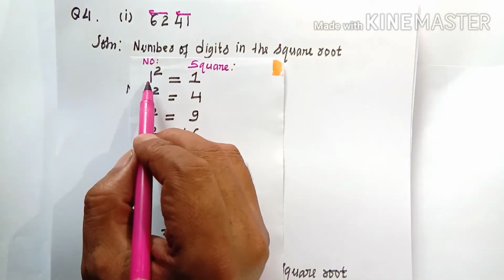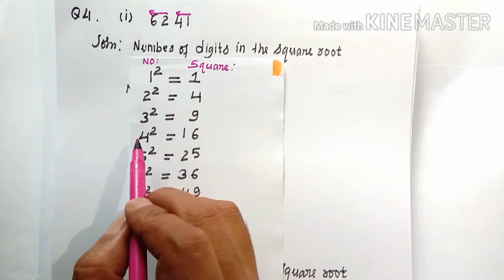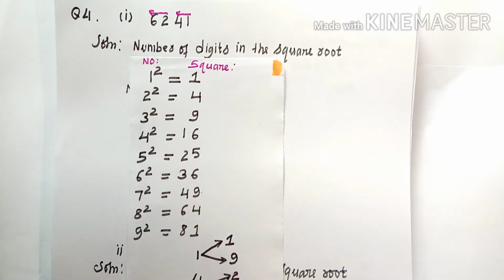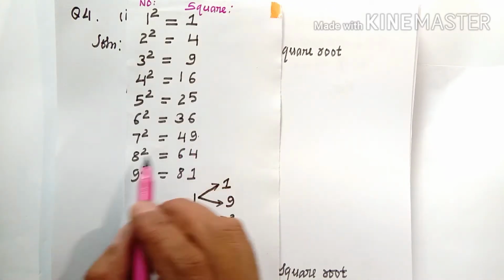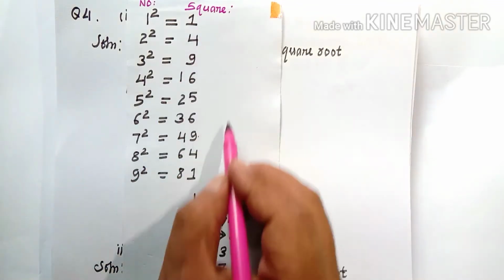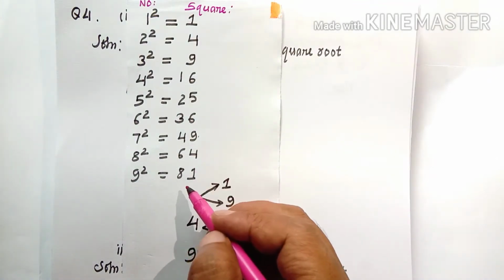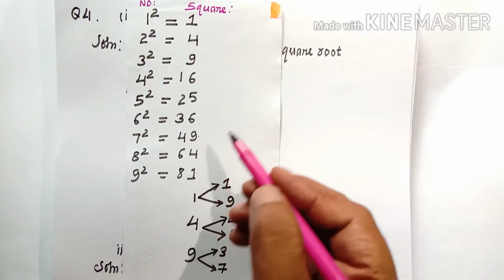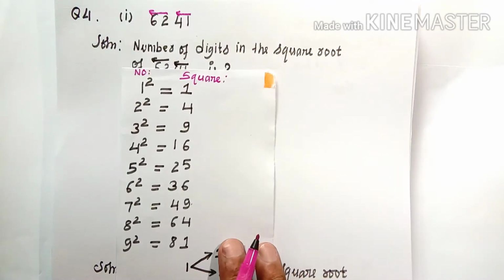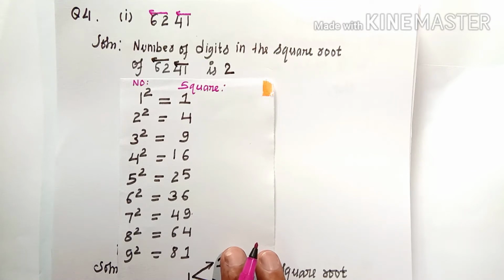So we know that 1 square is 1, 2 square is 4, 3 square is 9, 4 square is 16, 5 square is 25, 6 square is 36, 7 square is 49, 8 square is 64, 9 square is 81. Try to memorize the squares from 1 up to 81 properly before you start the long division method. And after that, the question says we need to find the number of digits in the square root of